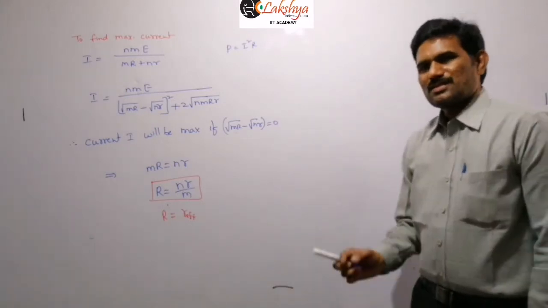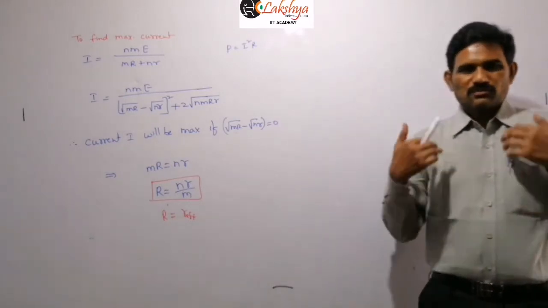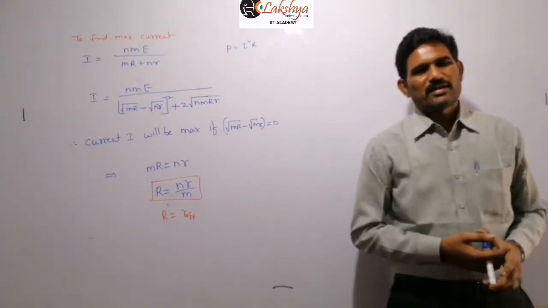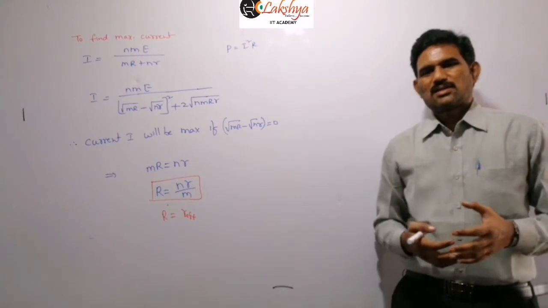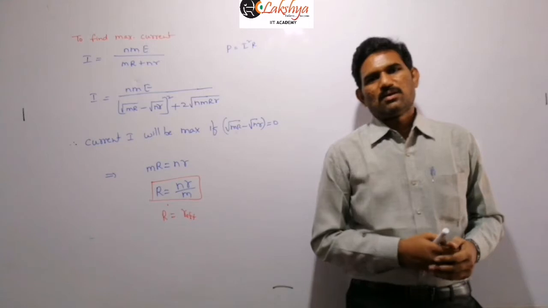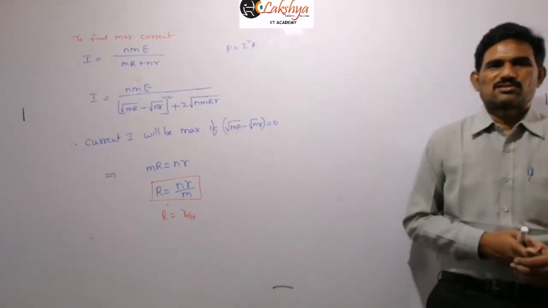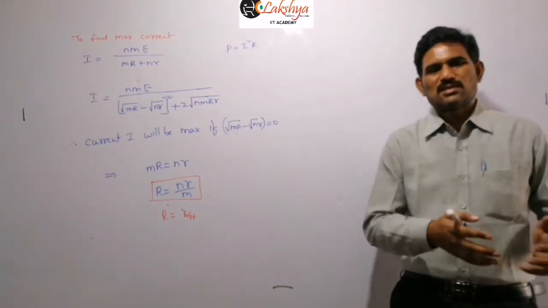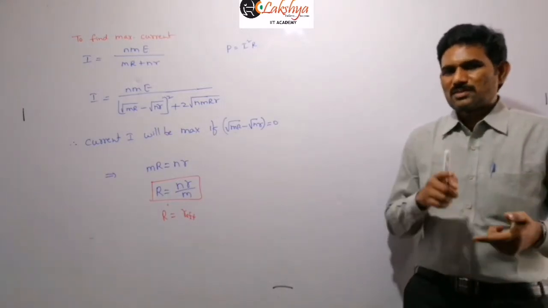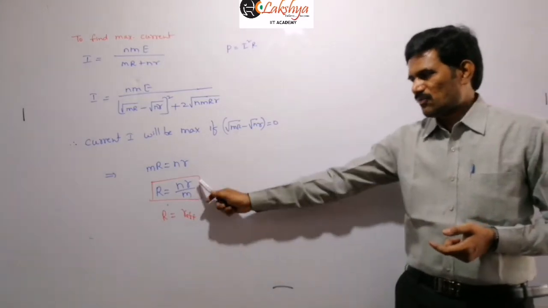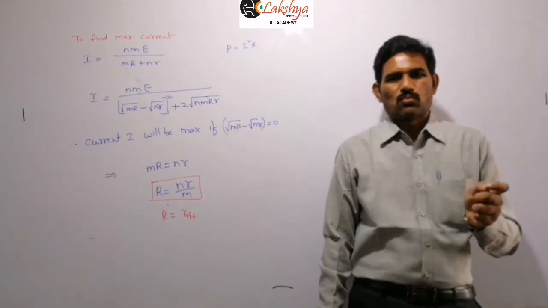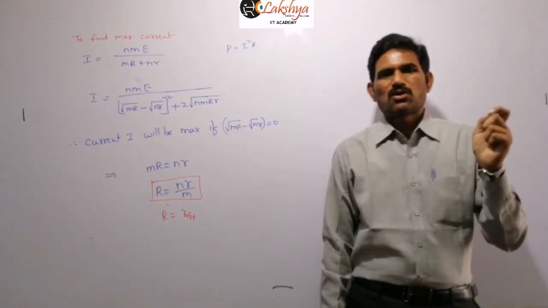And so now in this you need to remember this expression also. Sometimes questions will be there by giving a certain combination of the cells. Suppose some 100 cells are given to you, and they will ask how to connect these 100 identical cells to get the maximum current in the external resistance. That means how many cells must be connected in series and how many cells must be connected in parallel. That means how many such rows are there. So you need to identify this in our calculations here. N means number of cells in a row, and M is number of rows, right?